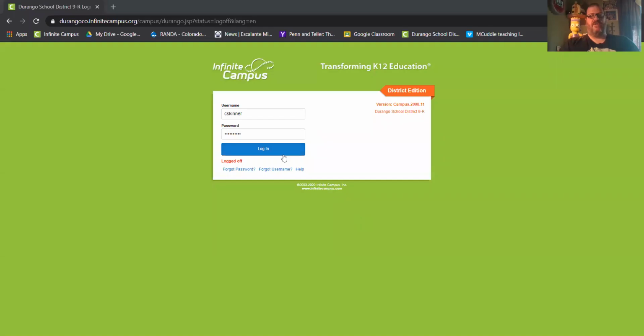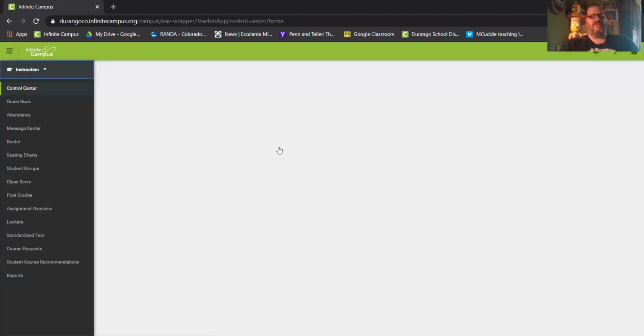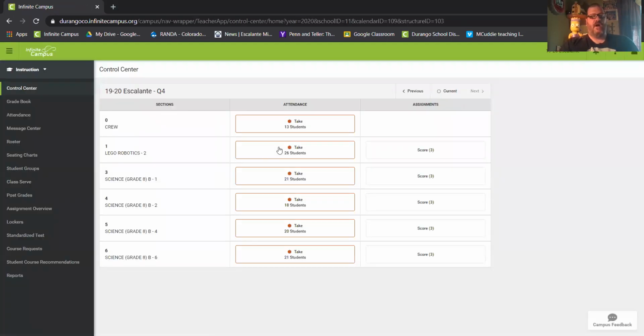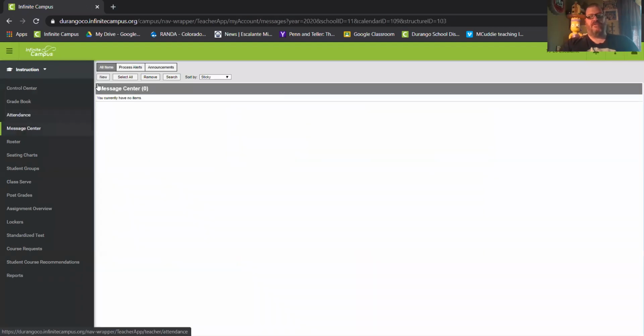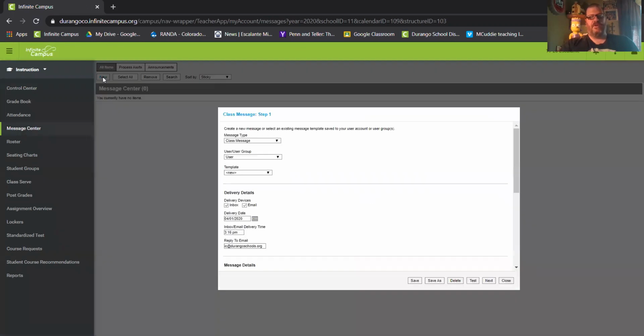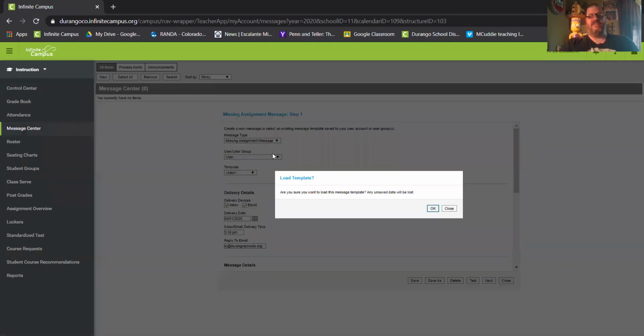Sharing my screen with you. Let's go ahead and log into IC, same way as we always do. Should be fairly familiar. I'm going to go to our message center, same as always. We've talked about what this usually looks like in the past, so I'm just going to go straight up to the upper left and choose New Message. From our message center, I'm going to pull down and choose a missing assignment